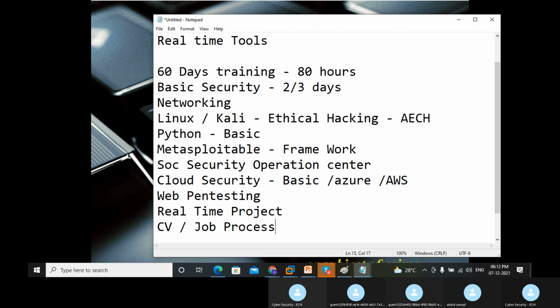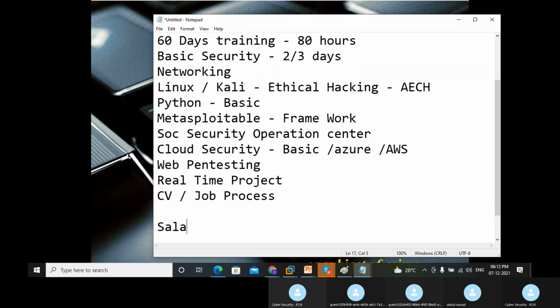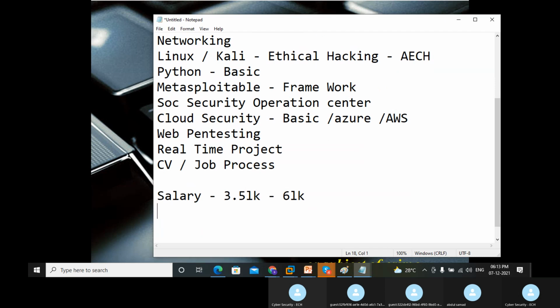If you talk about the job area, it is very huge. The salary range is based on it, but most people will start at 3.5 lakh to 6 lakh as the minimum package. It depends upon your perfection, how you are. And if you're getting experience, with 3 to 5 years of experience, your salary can be around 6 lakh to 12 lakh. This is what people are getting as they start the process.